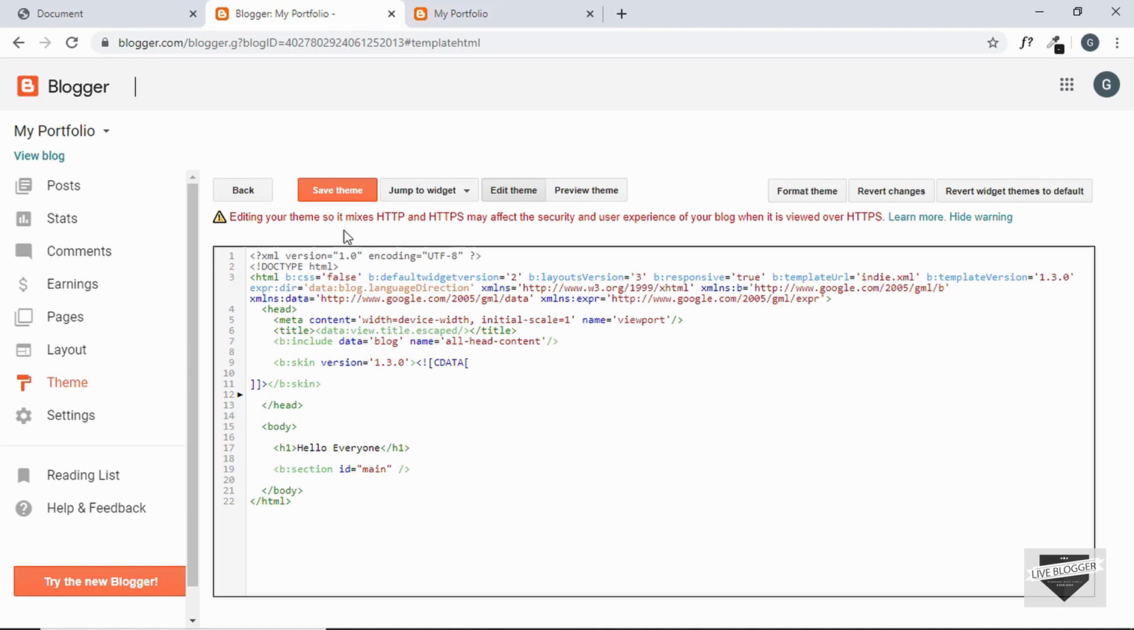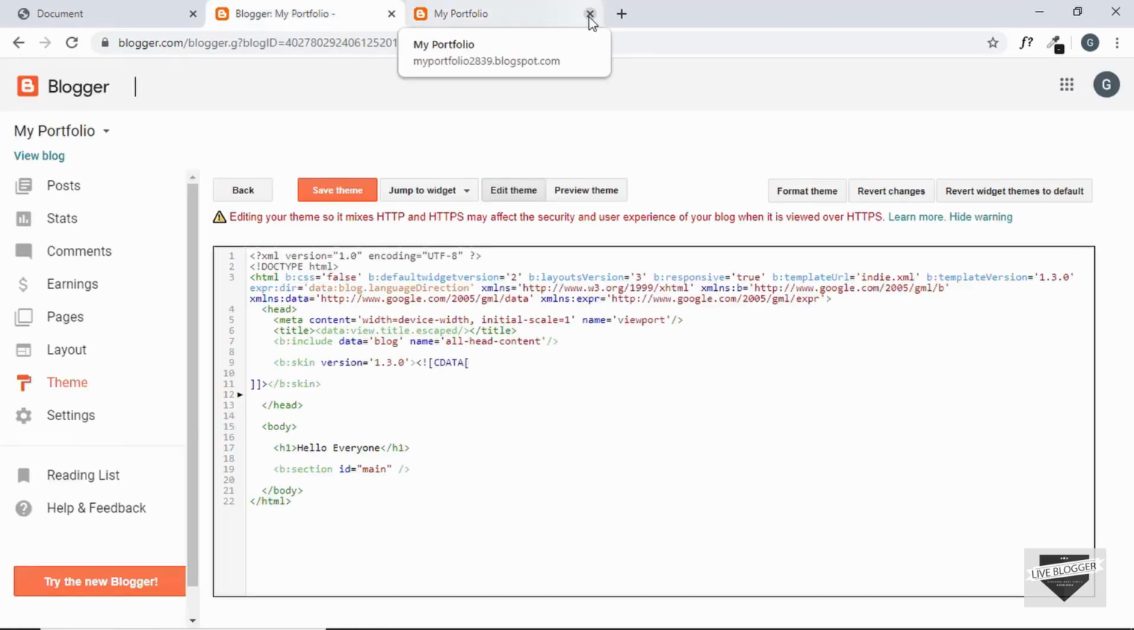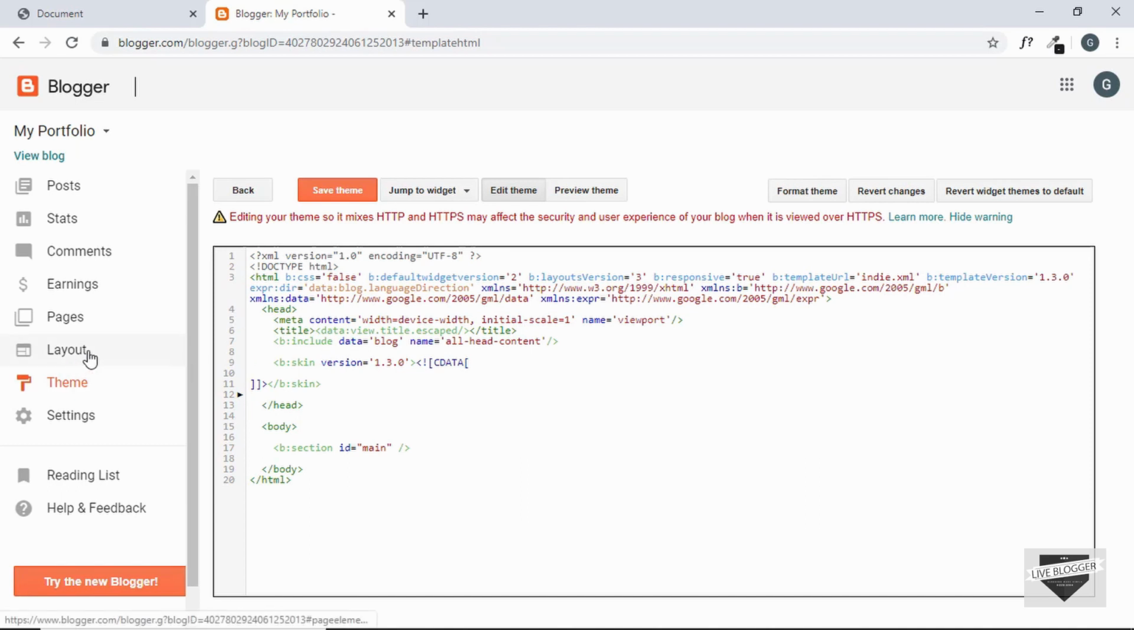Let's click on Save Theme, and let's refresh our page, and we can see our H1 is displayed over here. Now it's time for us to add our custom design to our Blogger theme. So remove the H1 and save the theme. Now we'll add our HTML and JavaScript in the layout. So let's go to Layout